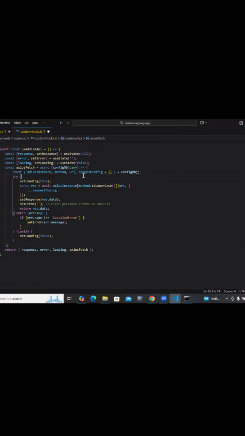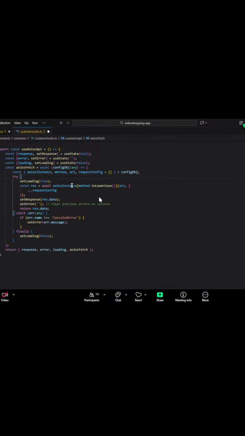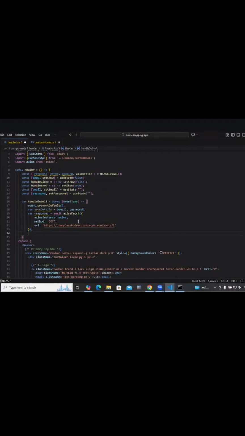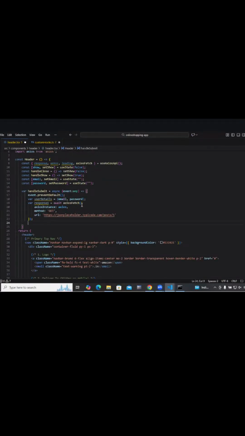So here dot request request config, what does it do? Line number 35. Now if you see here Axios instance, we are passing what is the URL and what is the object we are passing. This request config is the one we are passing over here. You see, this is the object. Okay. Earlier, what we were doing is we were decoupling it like method URL and we are passing it.